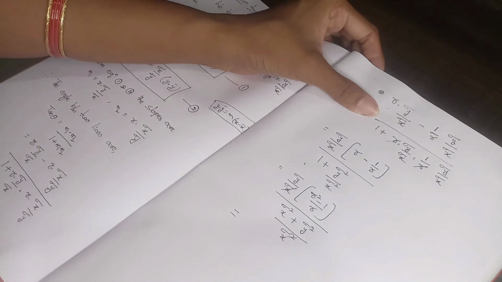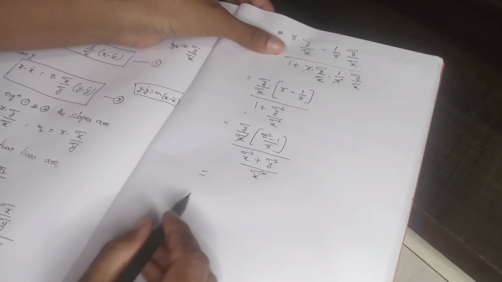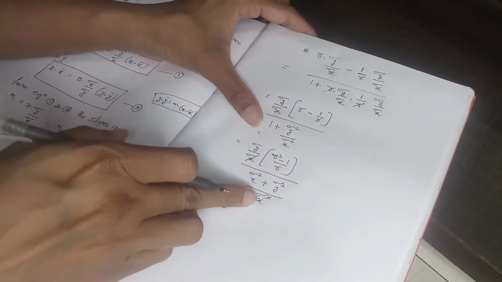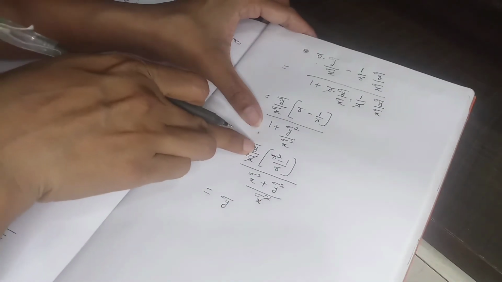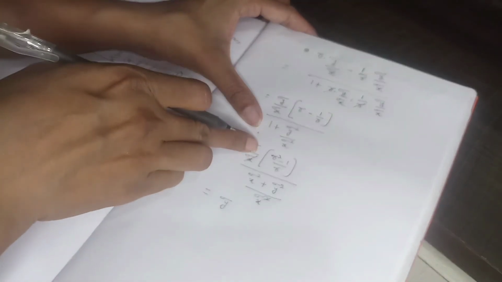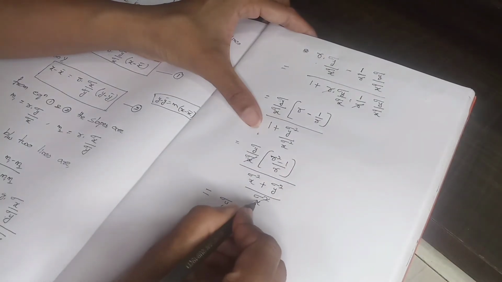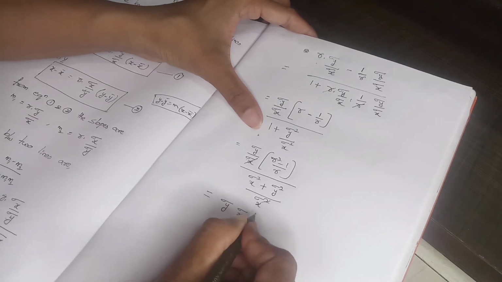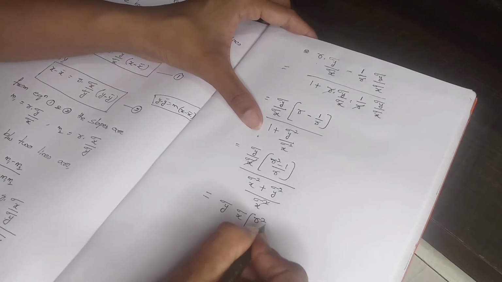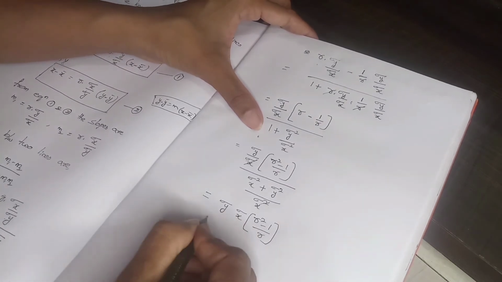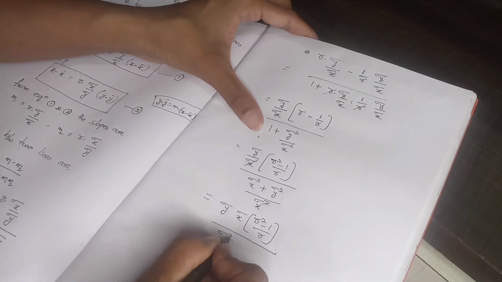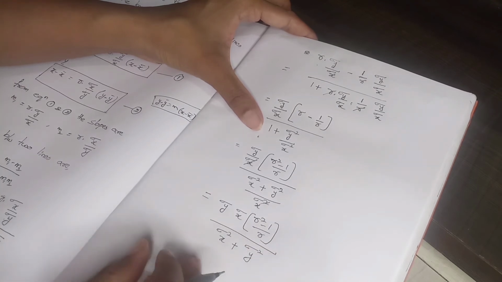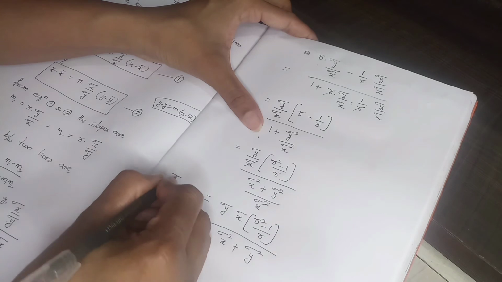So now the remaining terms we will write: standard deviation of y, and this term which is in the denominator we are moving to the numerator place. So here only one term is remaining: standard deviation of x, into r square minus 1 by r, by variance of x plus variance of y. Okay, so here there is tan theta.